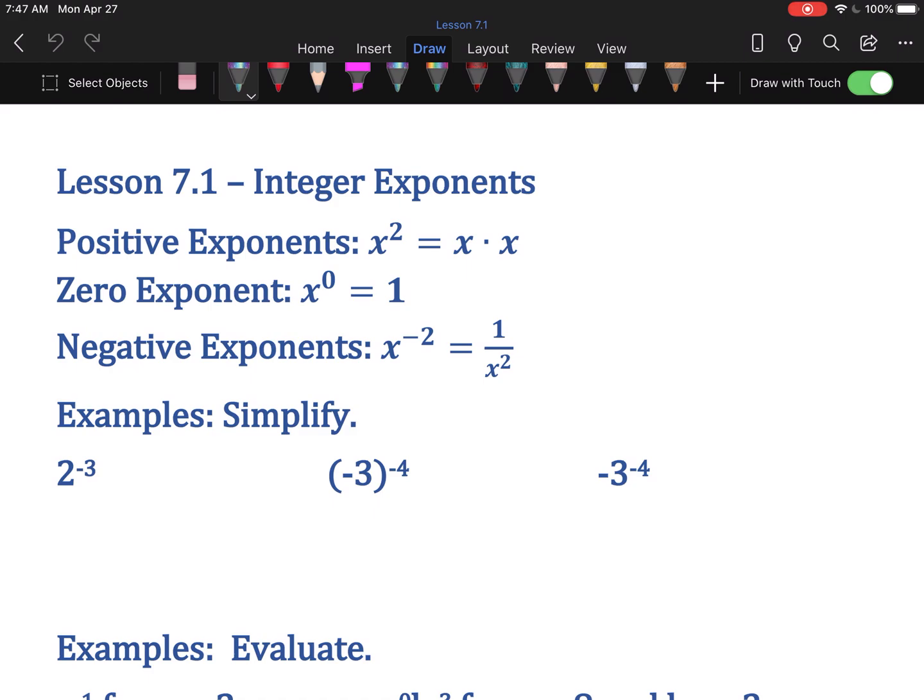And by move me, I mean think about negative exponents appearing in terms of a fraction. If a negative exponent appears in the numerator of a fraction, it's saying move me to the denominator. And when you do that, you make the exponent positive. If a negative exponent appears in the denominator of a fraction, it's saying move me to the numerator and make